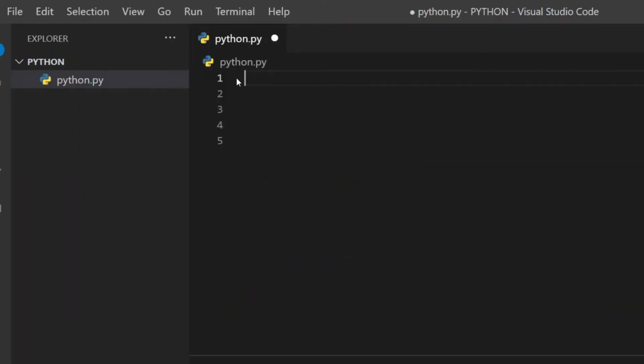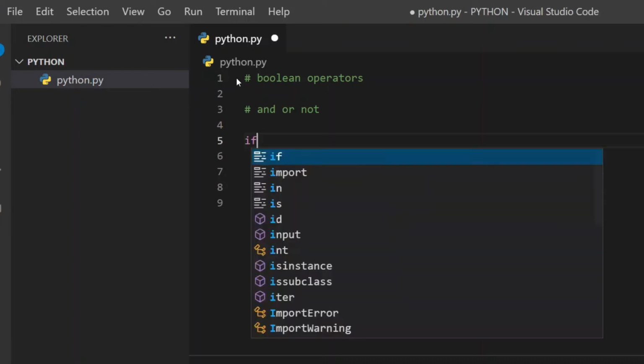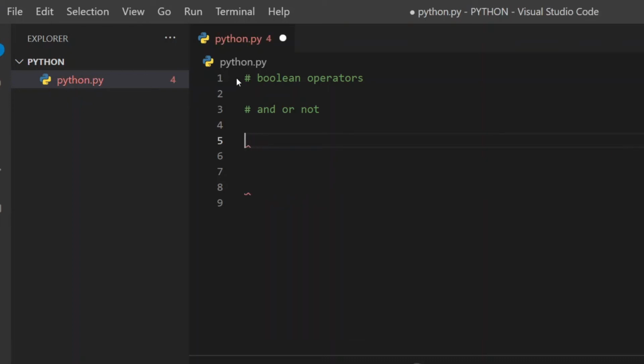Now let's quickly understand the Boolean operators. There are certain Boolean operators that we use, and the prominent ones are and, or, and not. Now where do we use these Boolean operators? We use Boolean operators when we are using multiple comparison operators inside ifs or conditionals. So for example, let me write the syntax out as a comment. The syntax is something like this: if